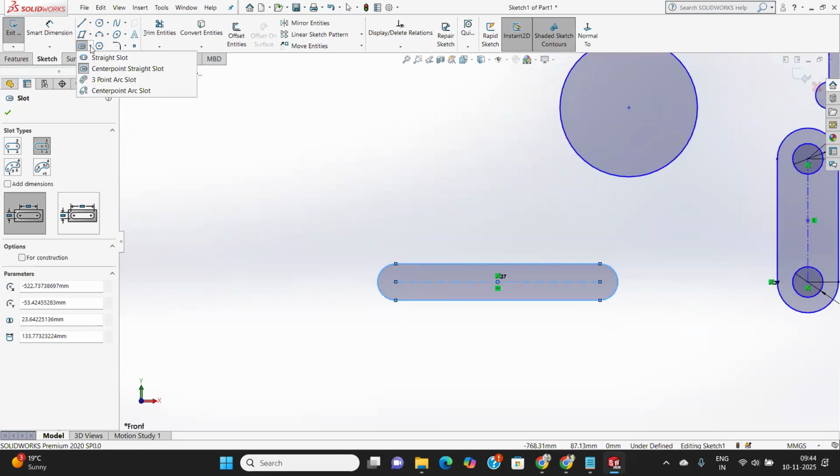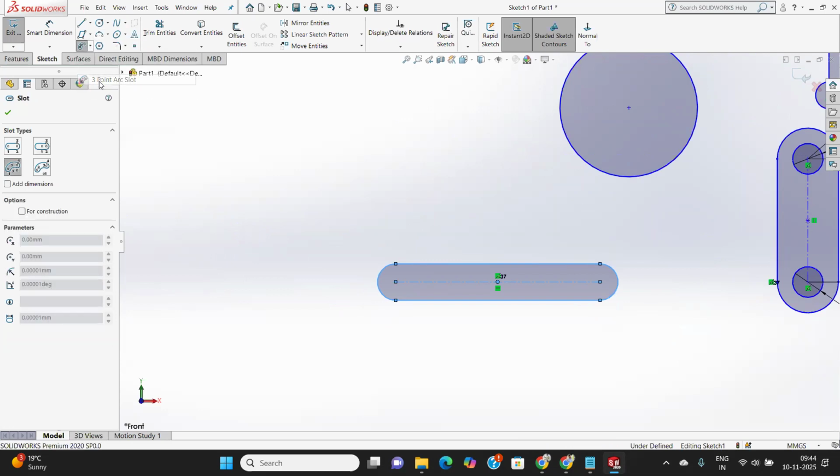Then comes the next portion, my 3 points arc slot. 3 points arc slot means we first make a 3 points arc, and after that we can make a slot. If you click on